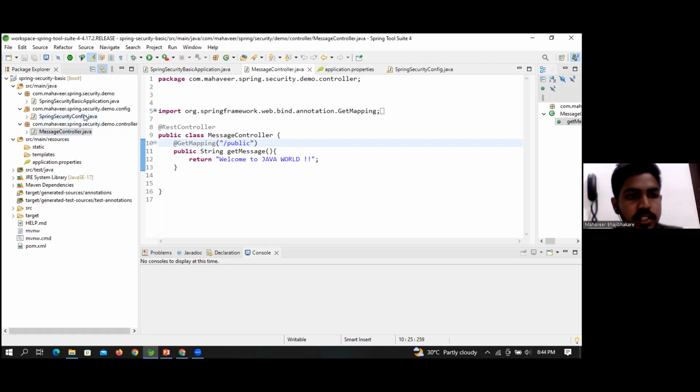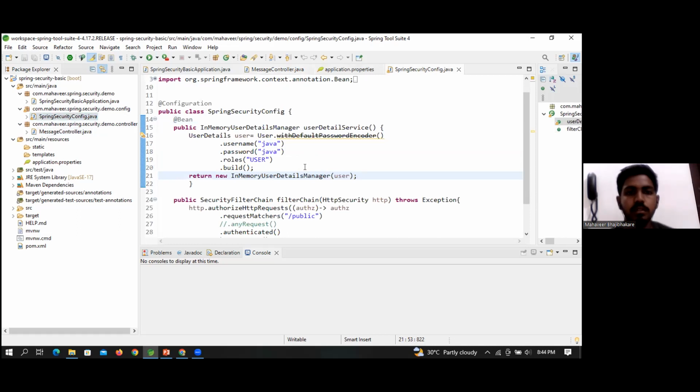So here is the configuration class, where I have created a Spring Security config with the bean. Here we can provide the username and password, and regarding that the role, which is user. So we can provide what kind of user there is, with what username and password. First of all, the first process is authentication, then authorization. So if we run the project,